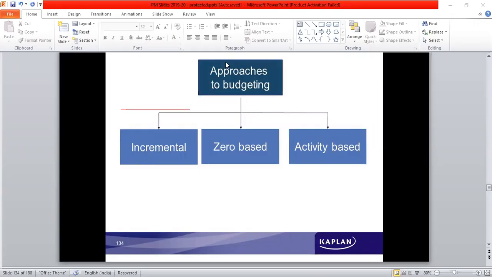What are the approaches to budgeting? The other approaches to budgeting, we just now discussed periodic versus rolling. Now we see incremental budgeting. The normal way of preparing budgets is by way of